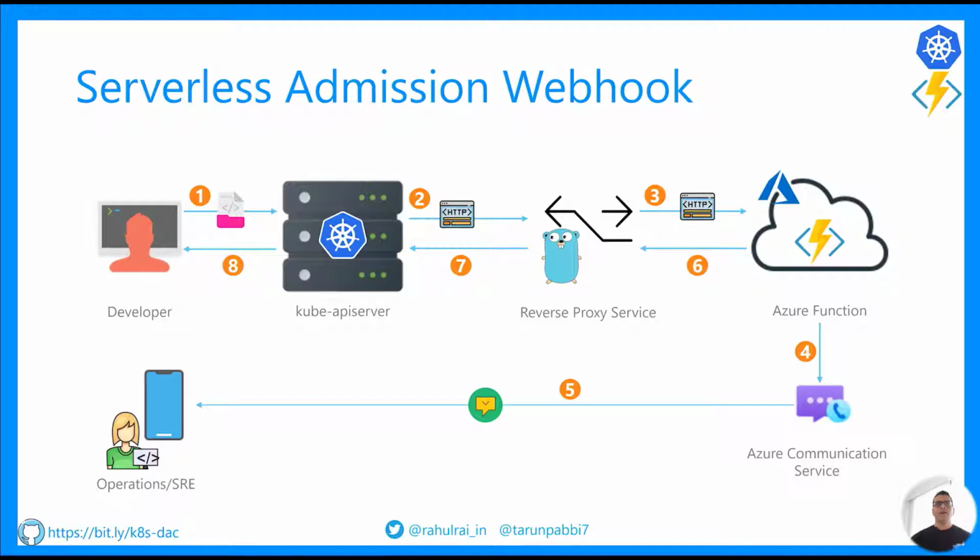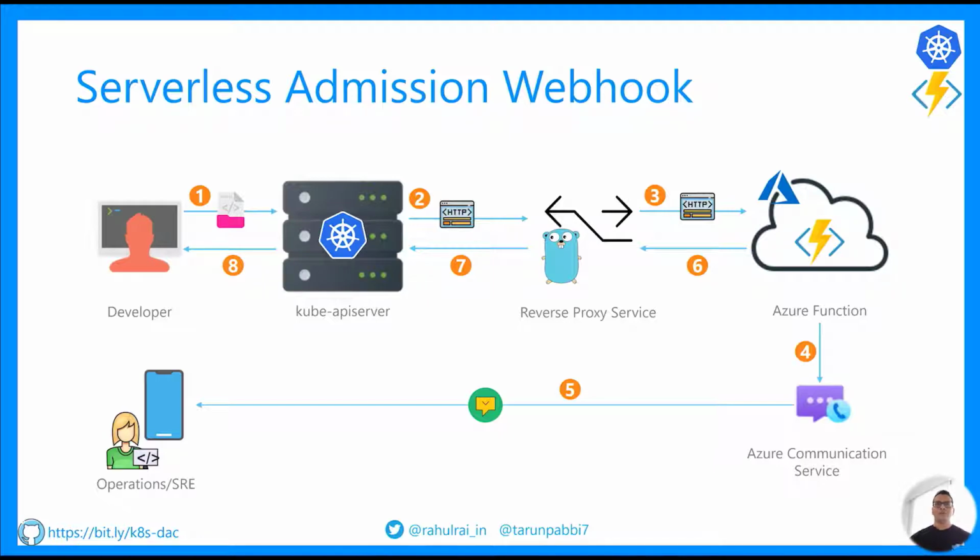You might be wondering why we require a reverse proxy service to forward requests to the function. The admission controllers are part of the Kubernetes API server and hence are managed by Azure. The firewall policies in Azure do not allow the API server to access any external HTTP endpoints. However, the API server can communicate with services within the cluster. And so, we require a service executing in the cluster to forward the request to an external service. It is not a bad thing, as you can add security headers such as an auth token to your request so that you can configure your function to only process authorized requests.